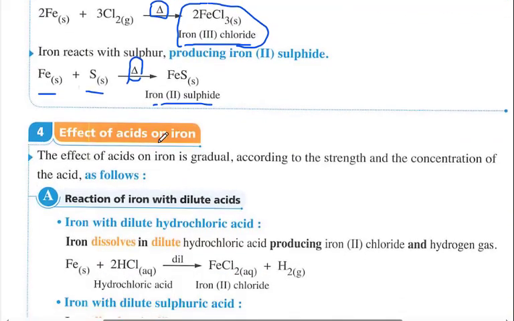Then the effect of acids on iron. What is the effect of acids on iron? There are two cases of the reaction of acids with iron, whether they are dilute or concentrated. If they are dilute acids, in this case the concentration of the oxidizing agent, which is the negative part of the acid,